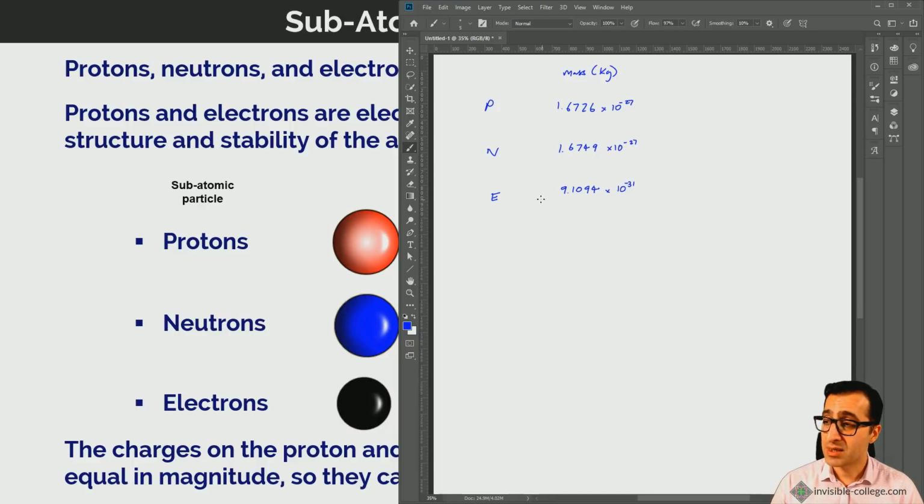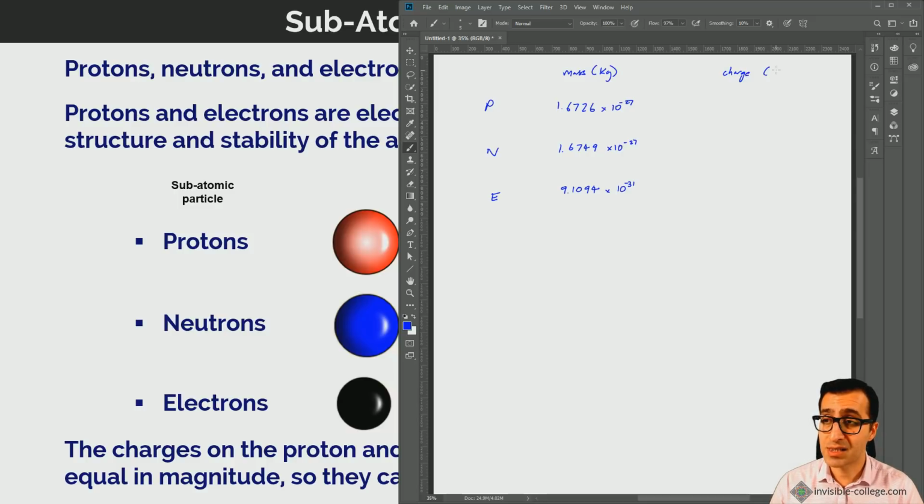So we see here that the mass of an electron is several orders of magnitude smaller than the mass of a proton or a neutron. And so if we're talking about atoms, the contribution of electrons to the mass of an atom is effectively negligible. It can be considered to be effectively massless for the purposes of talking about the structure of atoms. Now, if we now look at their charges,